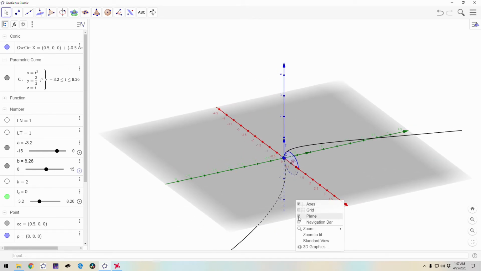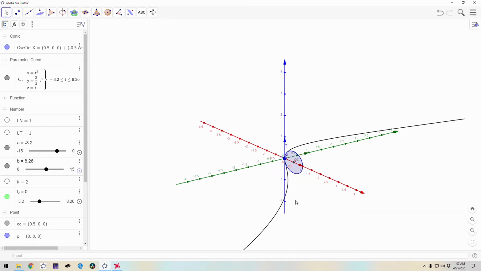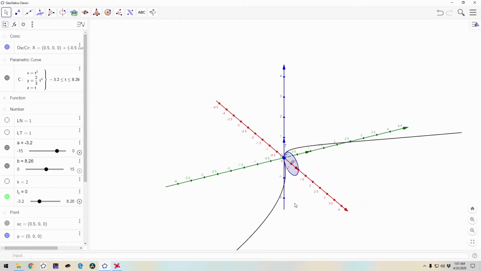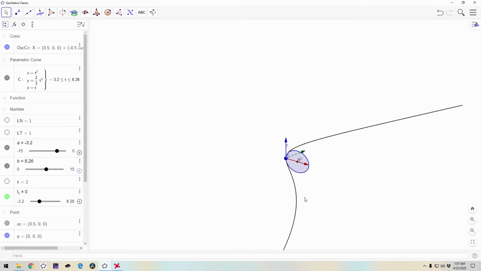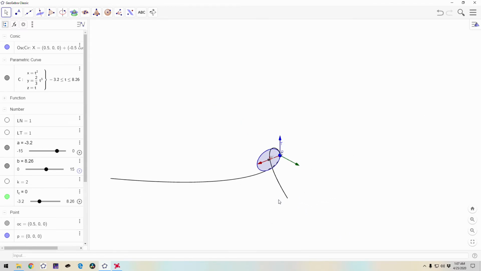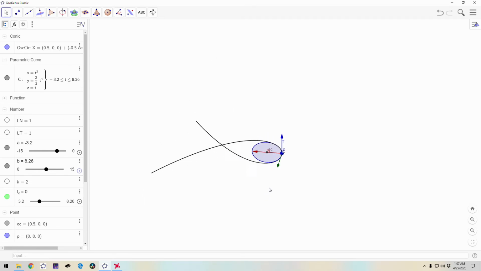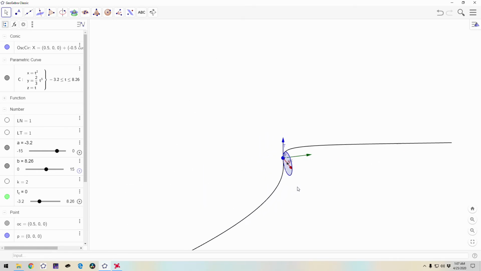Let's turn the plane off and see if we can see that better. All right. Let's turn the axes off too. There's the oscillating circle right there. See how it's basically kissing the curve. It's basically tangent itself in a way, right? Let's watch the oscillating circle change now